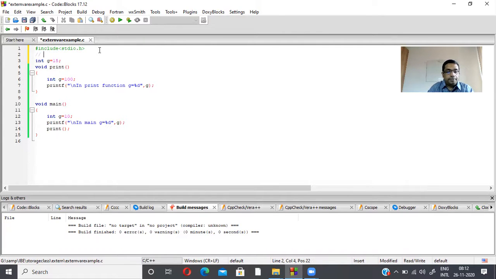The global variable is a variable which is declared outside of all functions.